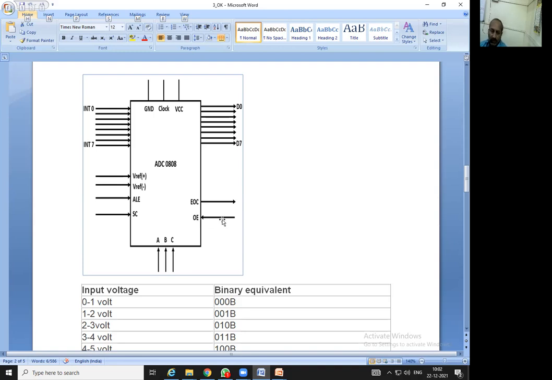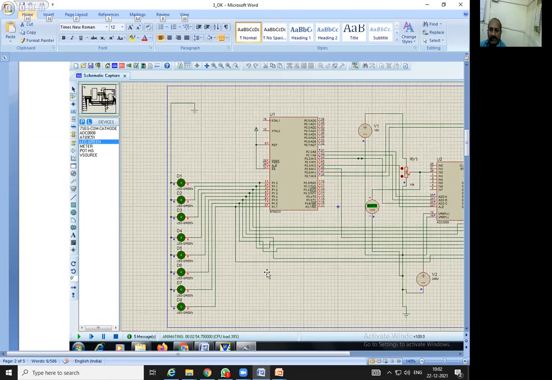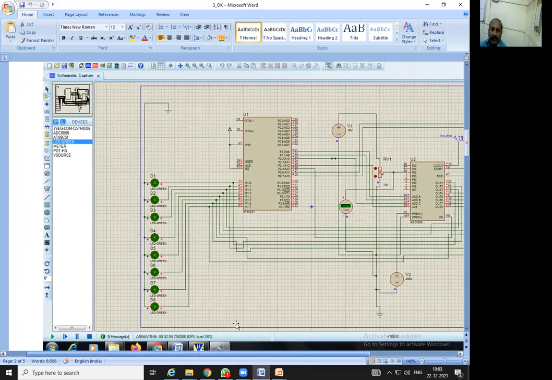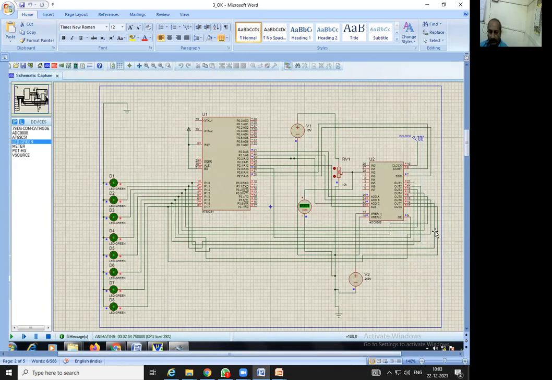Once it becomes logic 1, that output will be available to the 8051 for further processing. So this is a brief idea of how this particular IC is going to work. This IC is placed, as you can see here, interfacing with the 8051.